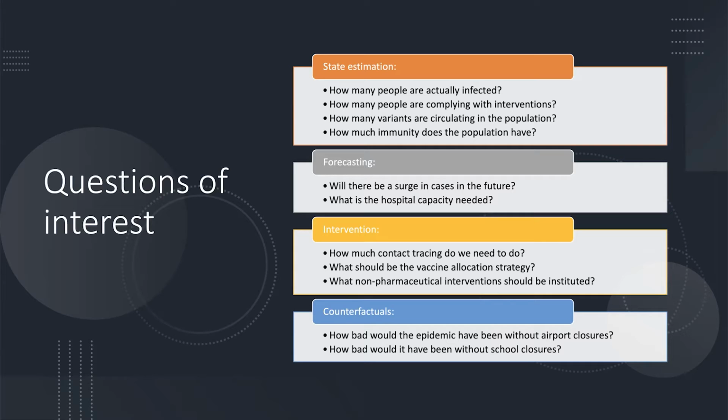And then when all is said and done, we also like to be able to answer some counterfactual questions. How bad would the epidemic have been, let's say, without airport closures or without school closures? Did we do the right thing or not? Right? So all kinds of questions come up. We've been working on a number of these questions, and there are papers that I can point you to for anybody who's interested. What I'm going to talk about today, though, is something relatively simple, because in this process, we